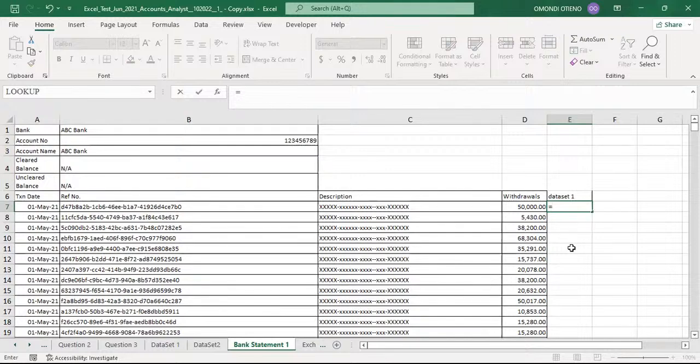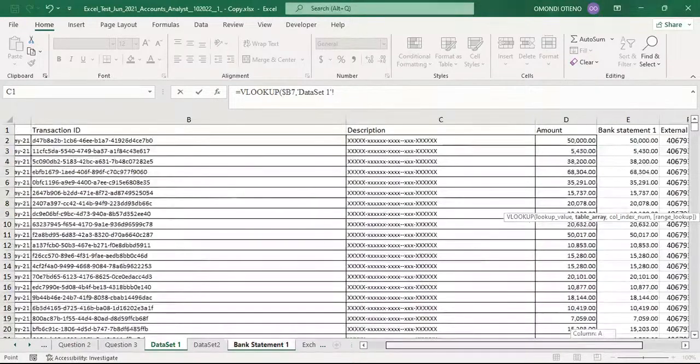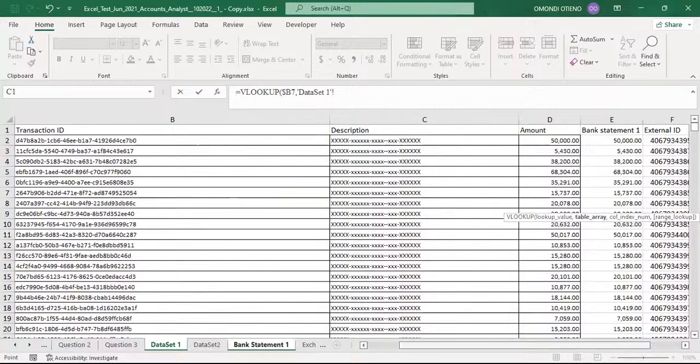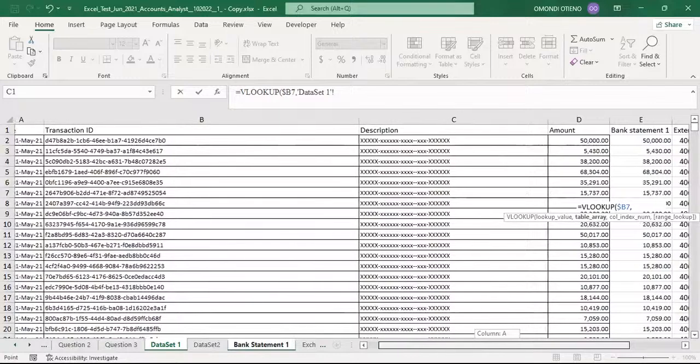Equal VLOOKUP. What's our lookup value? It is this transaction in column B, our reference column. So we have to place a $ sign before letter B, comma. Our table array is the other table. So what is the other worksheet? It is now the data set 1. We only need to compare the transaction ID and the values, so we don't need this extra information. We only need it to give us the